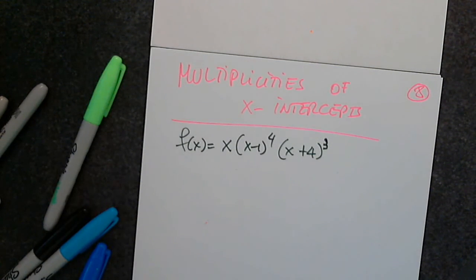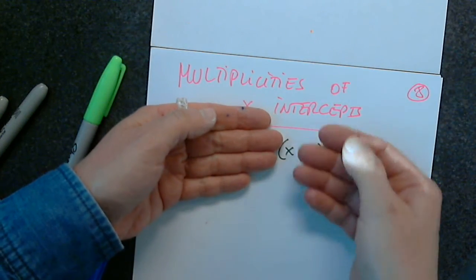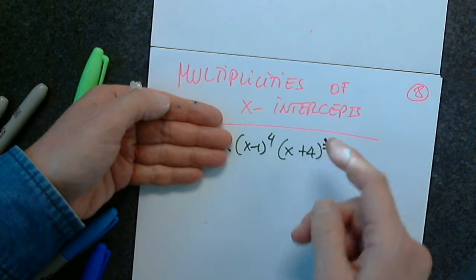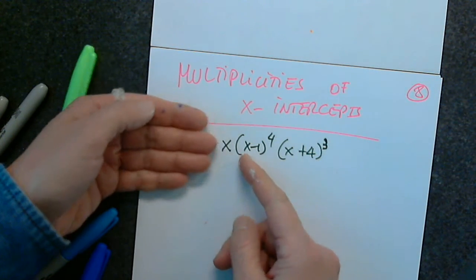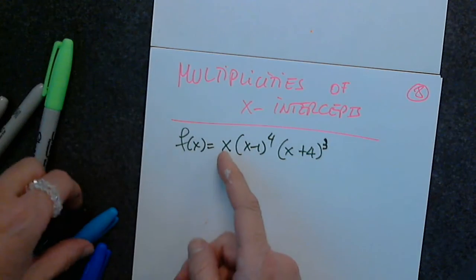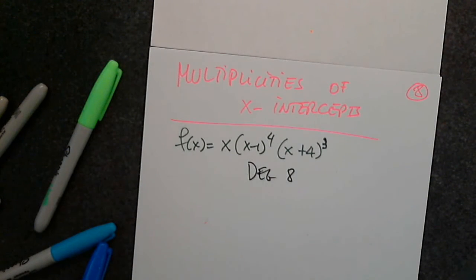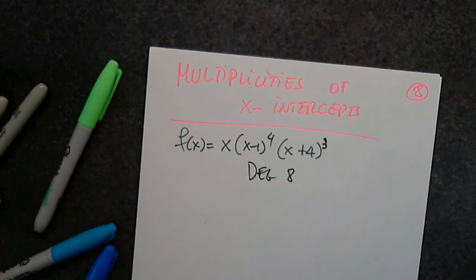And I'm asking you, what is the degree of this polynomial? Well, let's take it slowly. What is the degree of this? What is the degree of this? So 3 plus 4, and times x, or plus 1, degree 8. Very good. So this polynomial is degree 8, which is an even degree, and definitely the leading coefficient is